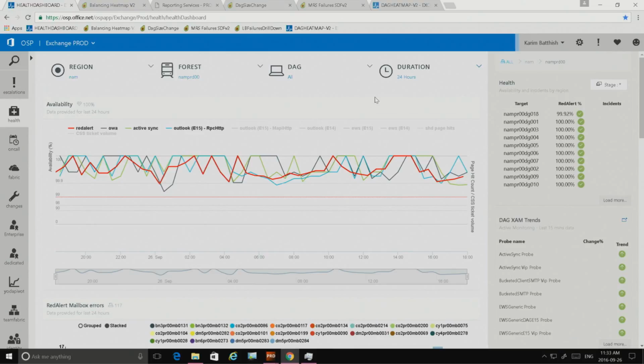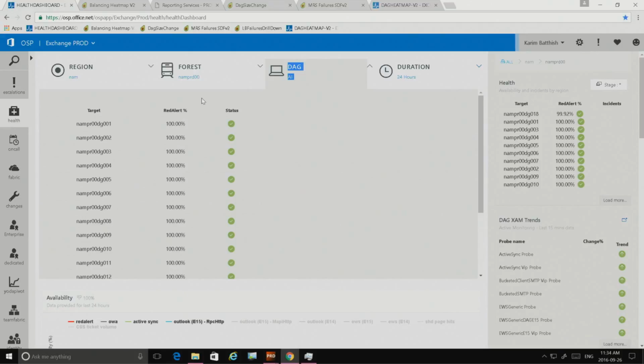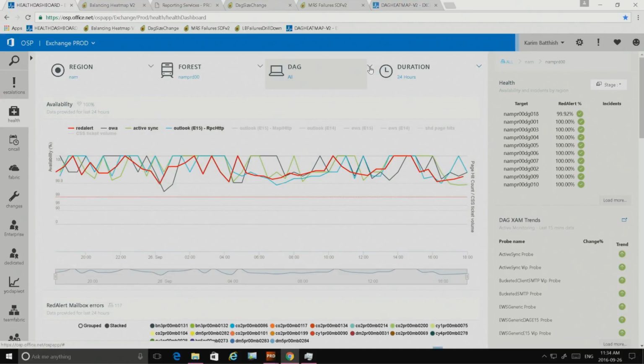What you see here is the availability view of just one partition, one forest, namprod 00. That's our service dogfood partition where we run Exchange bits. We'll just keep it on that DAG. We run the Exchange service bits before they roll out to broader production in the rest of the world. That's the place we turn things on, try things out before anything happens more broadly. And it is why you see a slightly bumpy bit of availability. Usually worldwide, it's a pretty smooth line unless something is going really wrong.